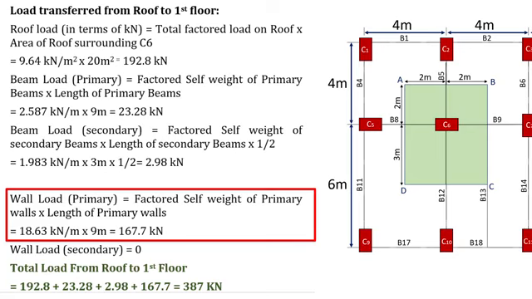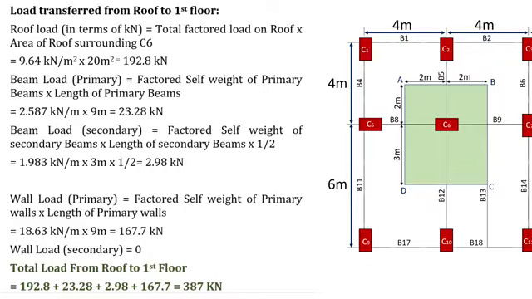Factored self-weight of primary walls is already calculated as 18.63 and length of primary walls is 9 meter. On substituting these values, the load due to primary walls will be equal to 167.7 kN. And since we are not providing any wall under secondary beams, therefore the load due to secondary walls will be